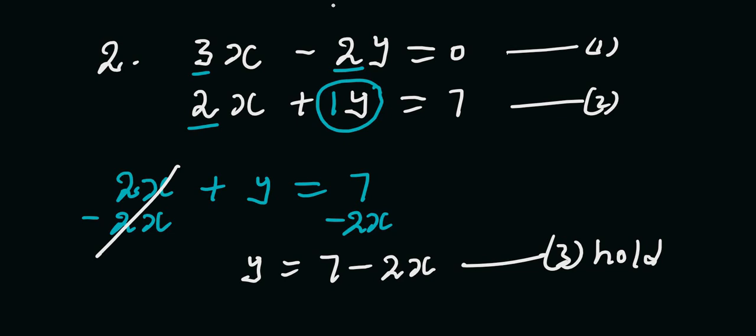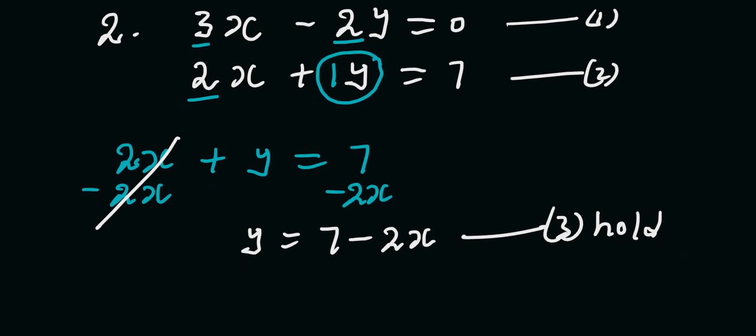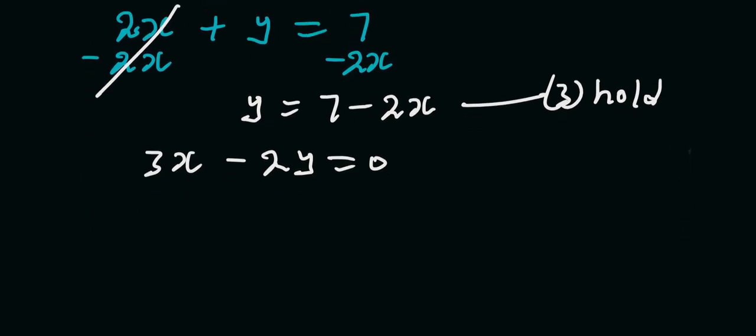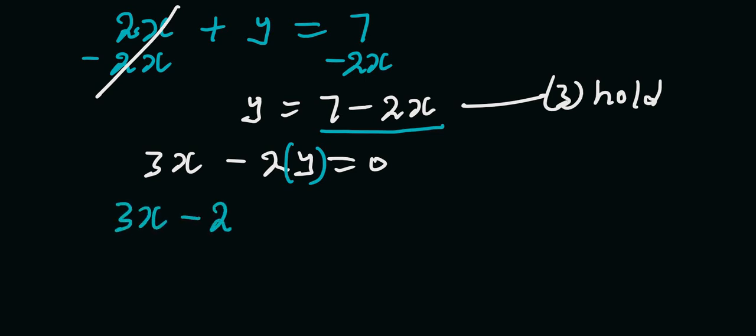All right, so now let's go to equation 1. Let's consider equation 1. Equation 1, we have 3x minus 2y equal 0. And because we have found the value of y to be this, we are going to substitute this value into equation 1 now. Look at y over here. Okay, so we are going to substitute this value into this position. So when we do that, we're going to have 3x minus 2 parenthesis, 7 minus